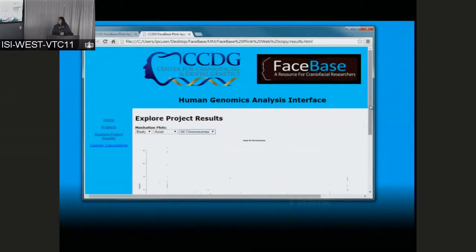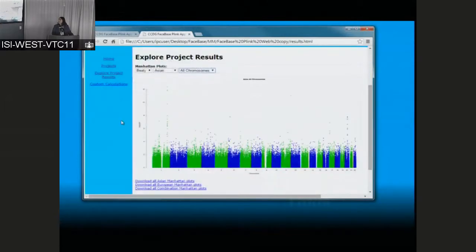Manhattan plots are minus log 10 p-values of the results at every SNP in the SNP panel, and they're arranged by chromosome from 1 to 22. You can see we have a number of nice peaks on here. Anything over a value of 6 is genome-wide significant. So this is a very typical visualization for human